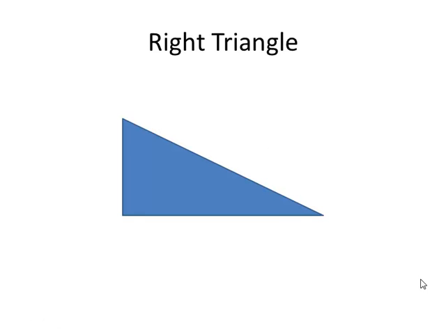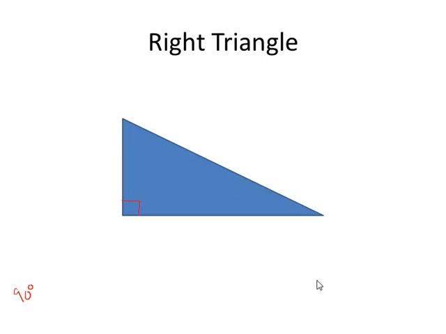The Pythagorean Theorem has to do with a right triangle. Now, a right triangle is a triangle that has a right angle as one of its three angles. A right angle is a 90-degree angle, and you can think of it as the perfect corner that you would see in a square or a rectangle. And if you think of it this way, this looks a lot like a rectangle that's been sliced in half